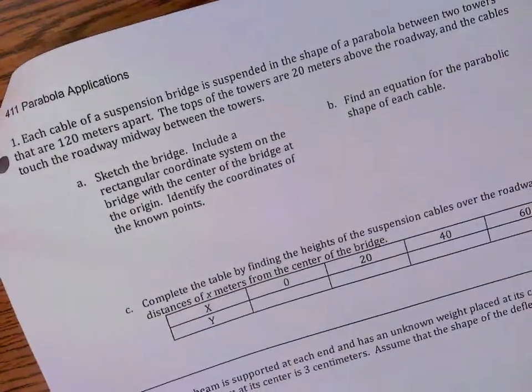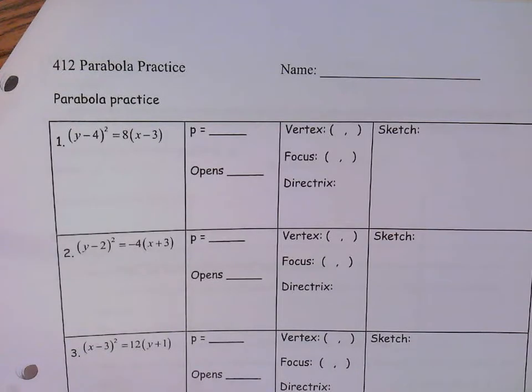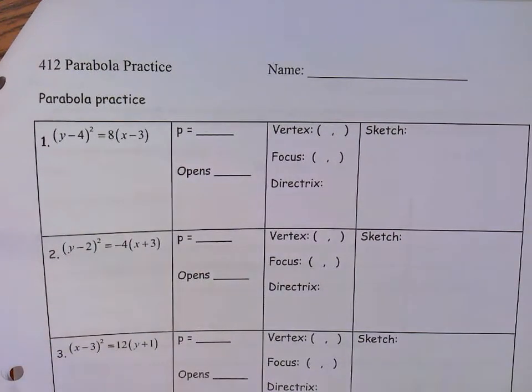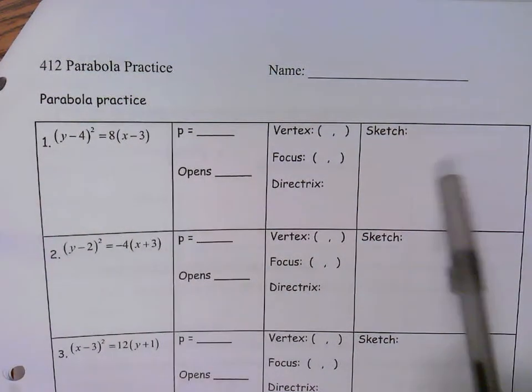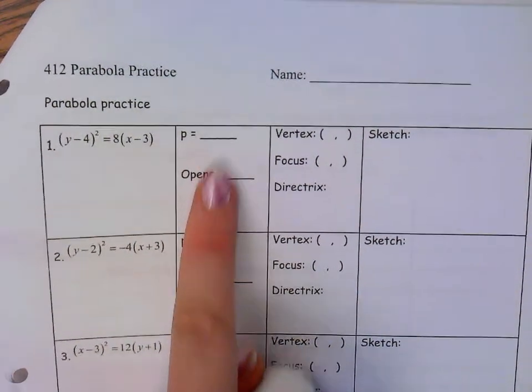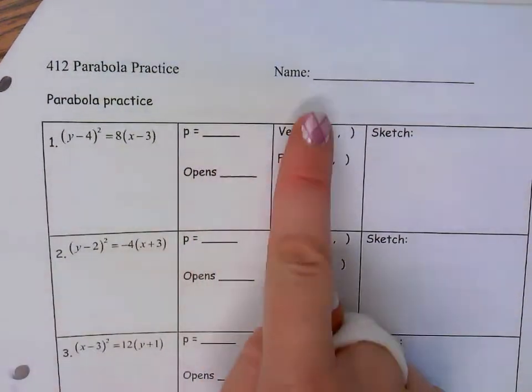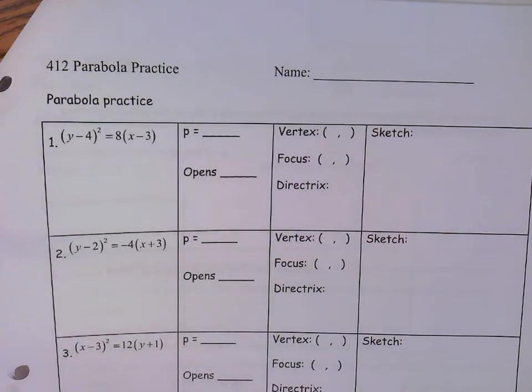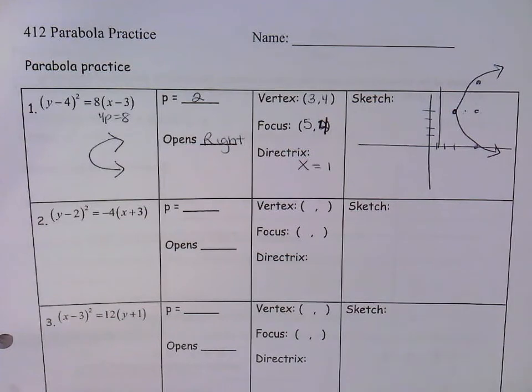And then I said we were probably not going to do number 1 on the parabola practice, and see if you can answer the questions and sketch a graph, and just sketch it. It doesn't have to be exact, but could you read the p-value, if it opens up, down, left, or right, and answer the questions about the vertex, focus, directrix. So I found